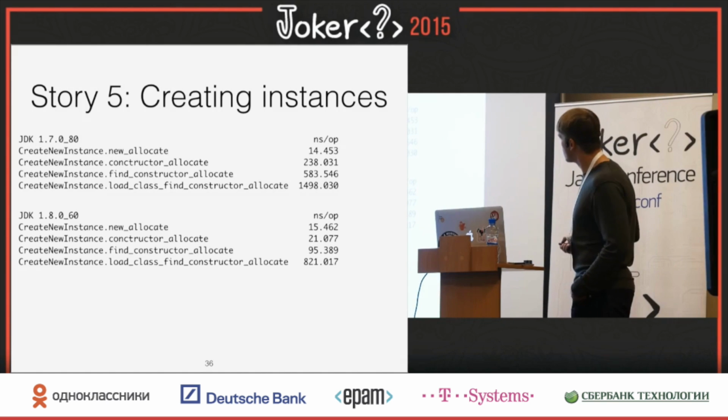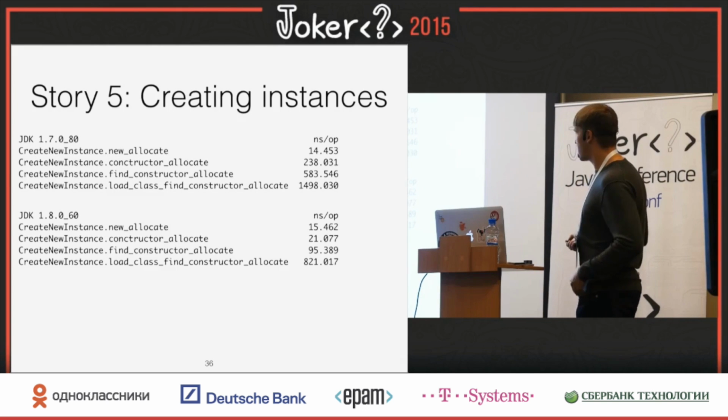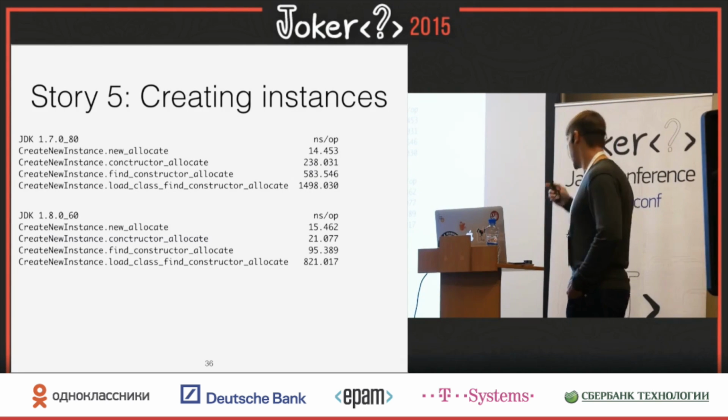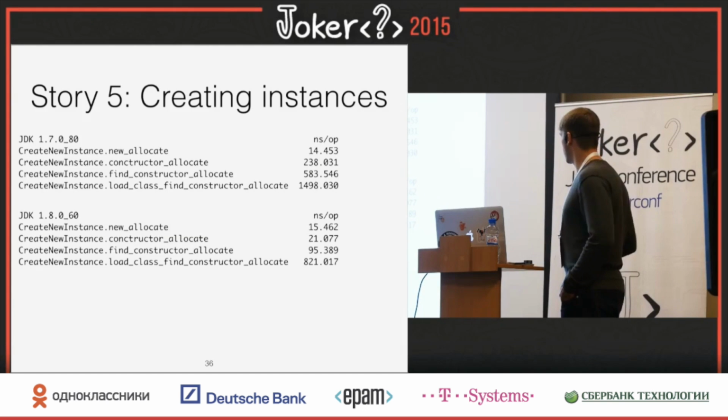And now, the optimization that we did was actually to cache the constructor, right? So if before it only gave me a factor of 6 difference between these two numbers, now it gives me more than a factor of 40. So on JDK 8, it even makes more sense to cache that reflective information and get even more benefit from doing that. And we almost closed the gap between reflective and non-reflective calls.